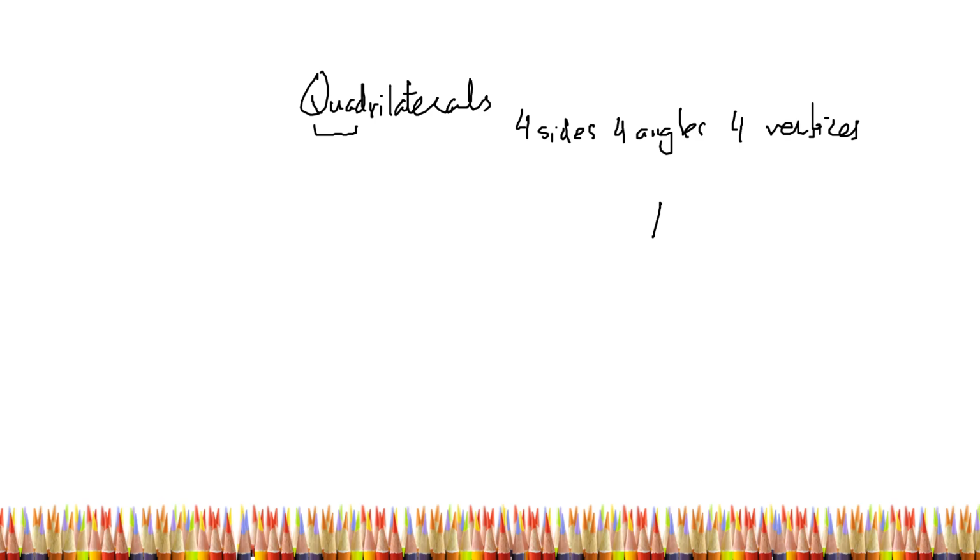So if you take square as an example of quadrilateral, see, a square has four sides, one, two, three, and this should be straight, four, right? And it has four angles, this one, this one, this one, this one, and it has four vertices, this, this. Now the singular of vertices is vertex, right? Vertices comes from vertex. Vertex is singular, and let me write it properly. Vertex is singular